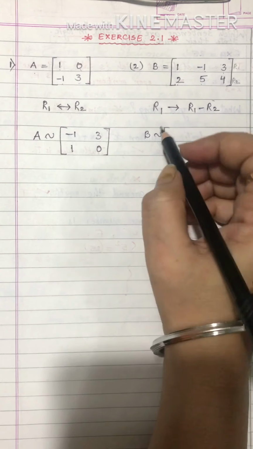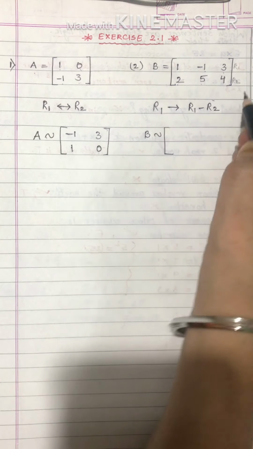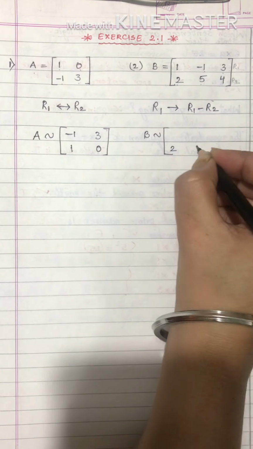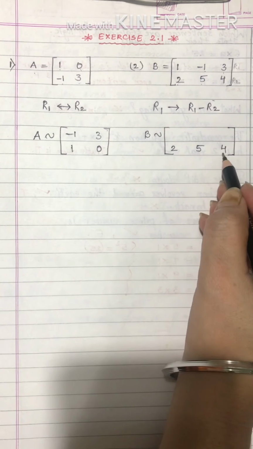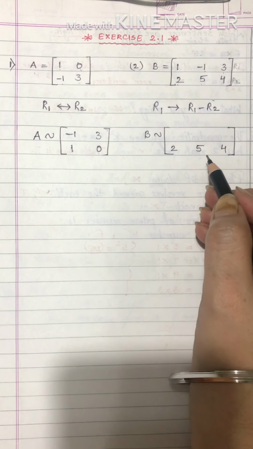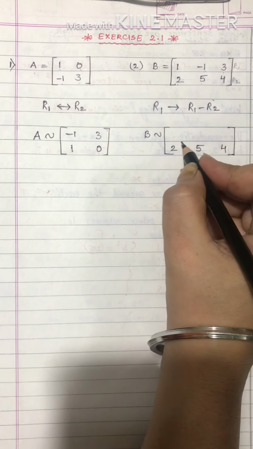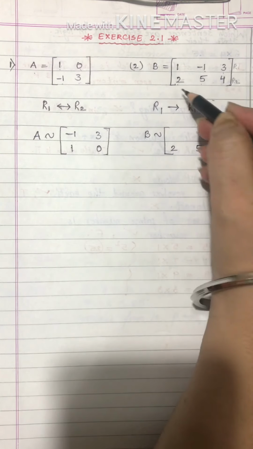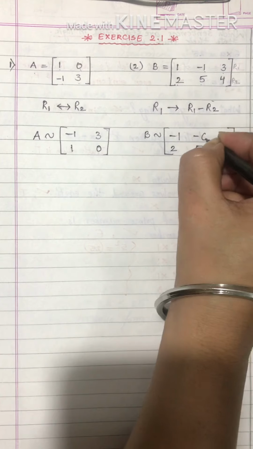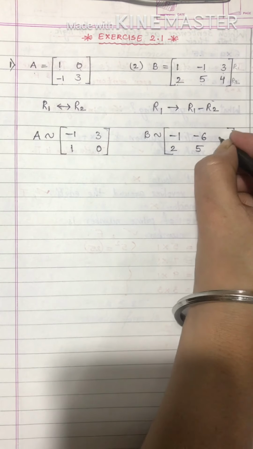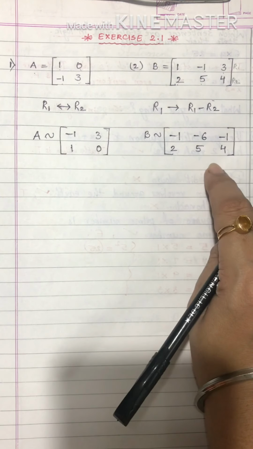Now one more thing you need to check here: the transformation is asked only for R1, that is row 1. So there will be no change in R2. Just to make our work a little easier and with fewer mistakes, we can write the row elements which are not asking for any kind of transformation, as I have done here. Now let's see what we'll get here: 1 minus 2, so we get minus 1; minus 1 minus 5, so we get minus 6; and 3 minus 4, so we get minus 1. This is the question which they have asked, and this is how we get the answer.